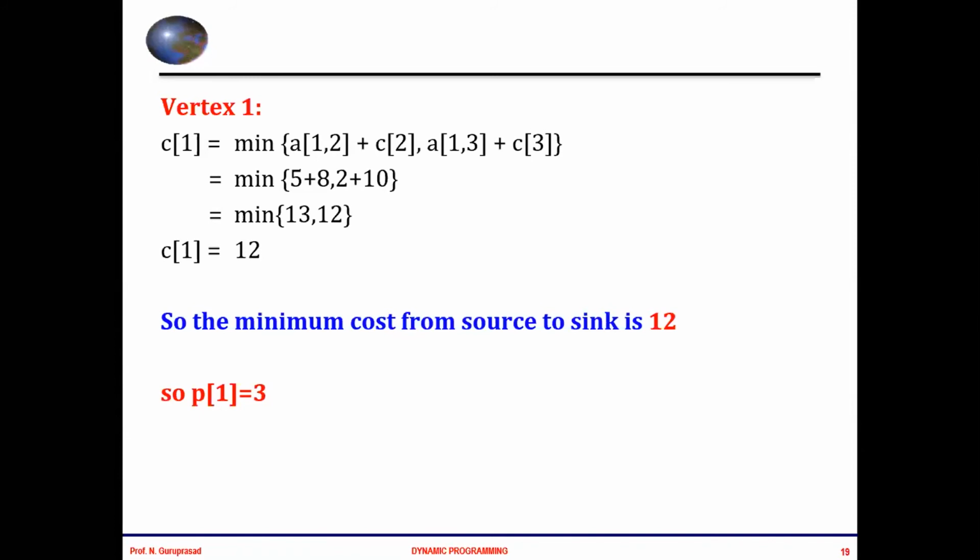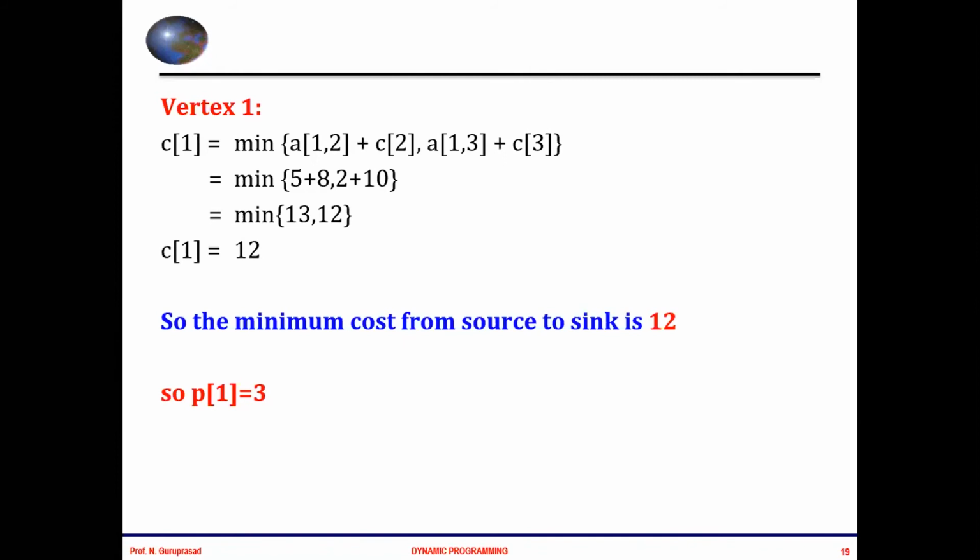That is from 1 to 9. Okay, forward approach is 1 to 9. Vertex 1 to vertex 9, the cost is 12 from source to sink. Forward approach, calculation is done backward. In the forward approach the calculation is done backward, and in backward approach the calculation is done forward. Okay, so be careful like that. Got it? Hold on, still we have only written the cost, we have to write the path, very very important.